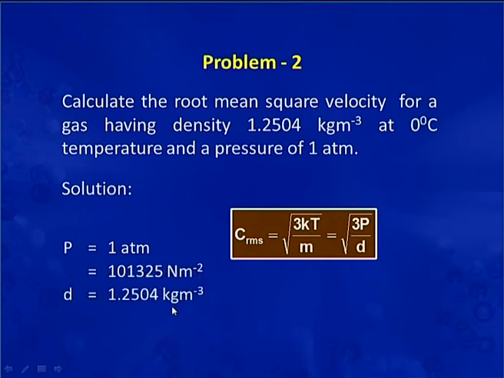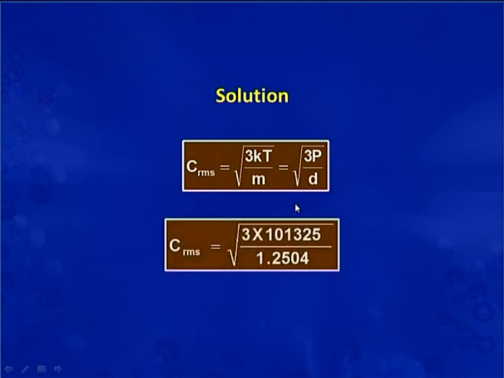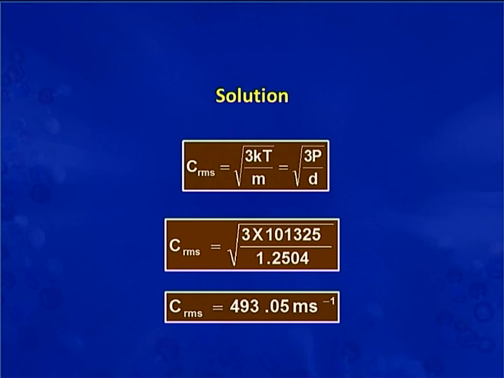The density is again given in the numerical problem, that is 1.2504 kg per meter cube. Now, CRMS is equal to √(3P/d). We will put the values in this equation. So, we get CRMS is equal to √(3 × 101,325 / 1.2504). When you calculate this value, you will get CRMS is equal to